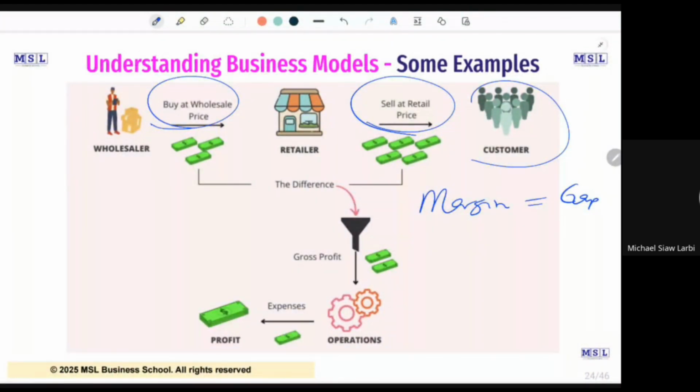So we would have something called gross profit. I'll come to that shortly. They get their gross profit after taking down their direct costs. Then you take out their expenses, and what is left is their profit. Okay. So with this understanding of business models, let's now go straight into